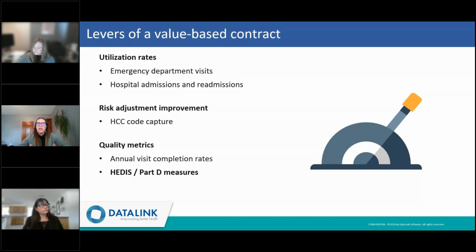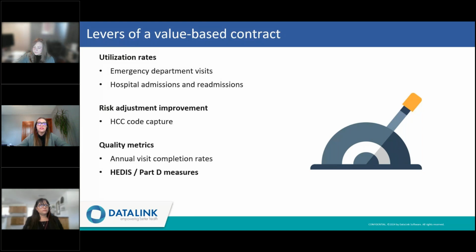So health plans or the providers, they might need to adjust these levers according to their specific strategies or focuses. So we really could talk for hours and hours about these different value levers, but today we're going to focus just on the quality component. Specifically, we're going to talk about HEDIS and Part D measures.